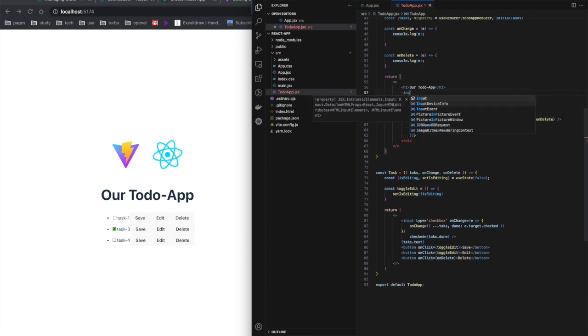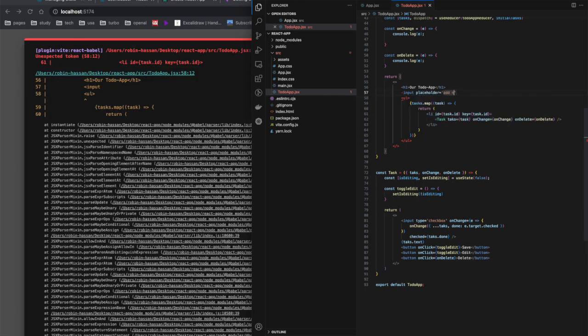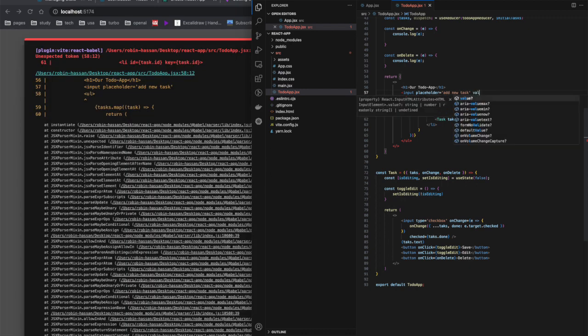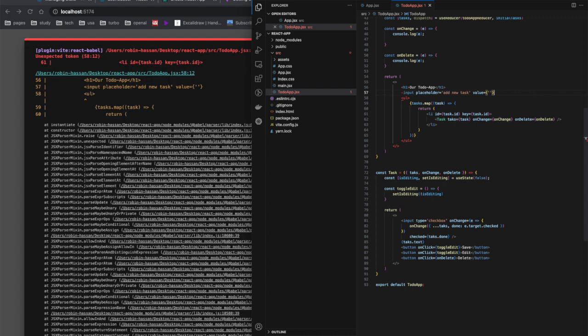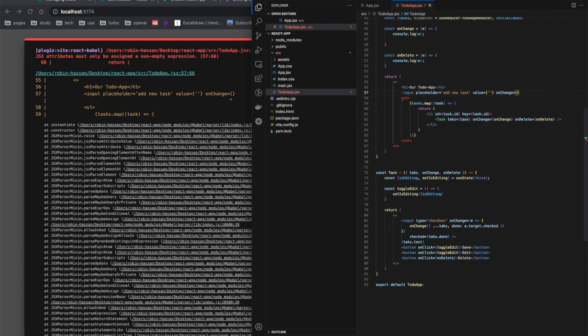We can say input, placeholder task and value equal to maybe empty for now, and on change we can say